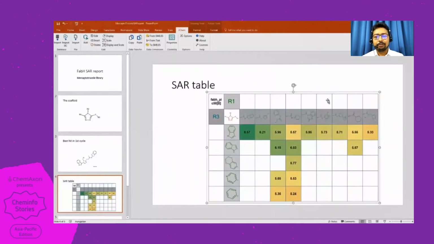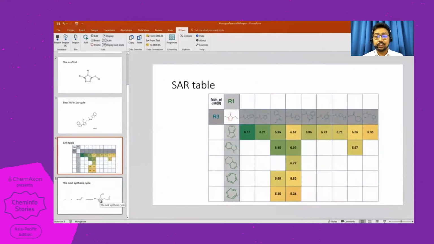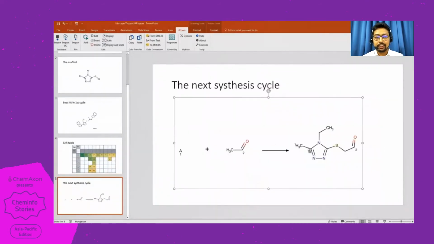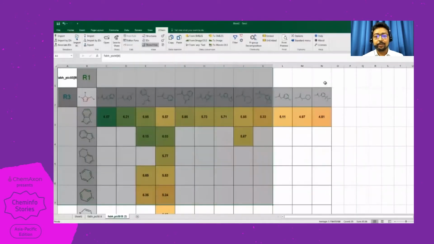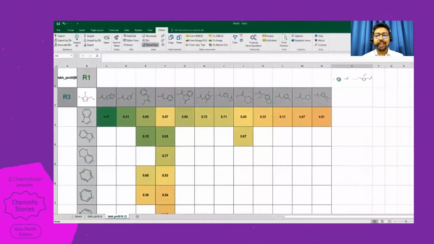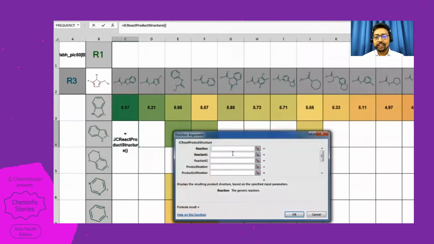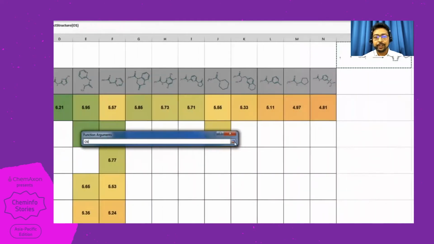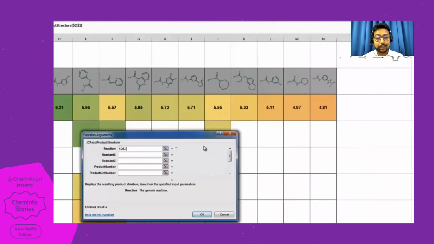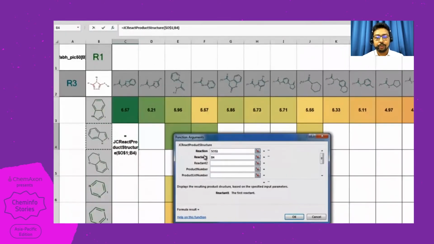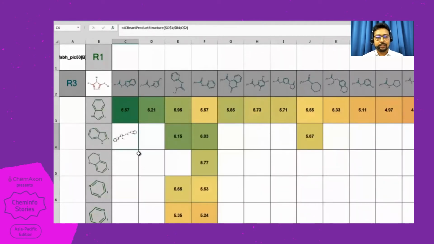And in the SAR table, we realize that there are a lot of gaps. Now we will try to fill these gaps using Reactor. So we have a reaction schema or the synthesis scheme. So we will paste that, and then we will use the JKMXL function over here, the Reactor JKMXL function. We will select the reaction that we have already copied here. Then we will use the R group clippings that we have generated from the R group decomposition as the reactants, and then we will generate the products.